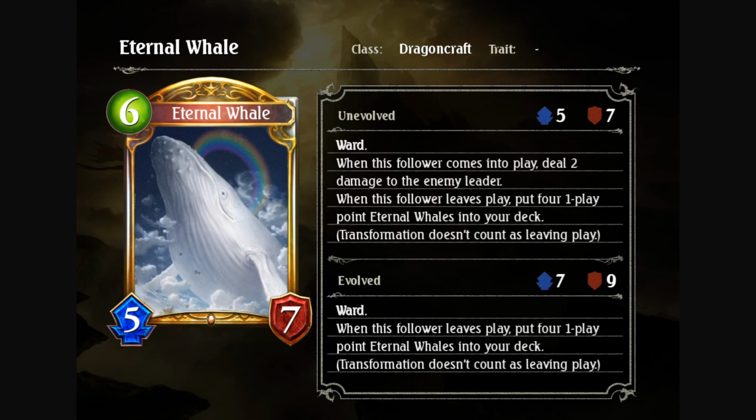Just because of the ridiculousness of the stats, 1 play point, 5/7. It's almost like it's a sword card. So I think this is a great card, gives Dragon board presence and face damage. I think they like that. So in my opinion, of course, one of the stronger cards of the mini expansion right now. But coming to the last card,